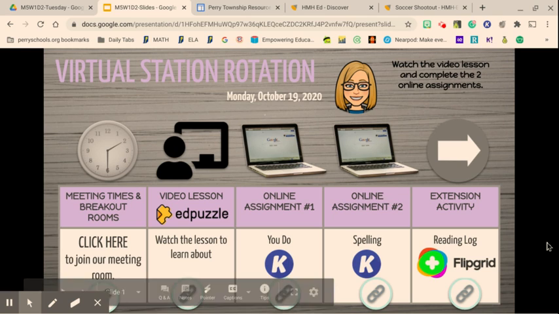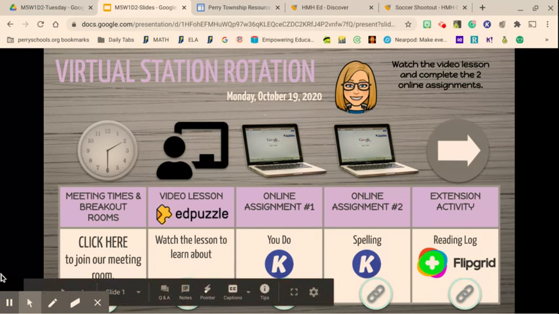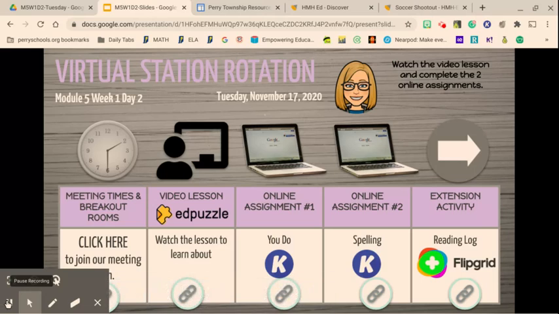Hey guys, for our lesson today, we will be looking at understanding characters and comparing two characters, how they are alike and how they are different. For your assignments today, you will be doing this EdPuzzle, and then you will be doing a you-do where you're answering some questions about the story that we're going to read, and then you will do a spelling sort based on the words that we were practicing yesterday, the OI and the OY,